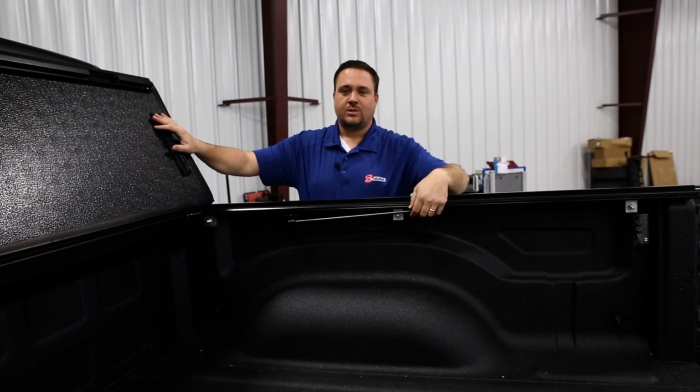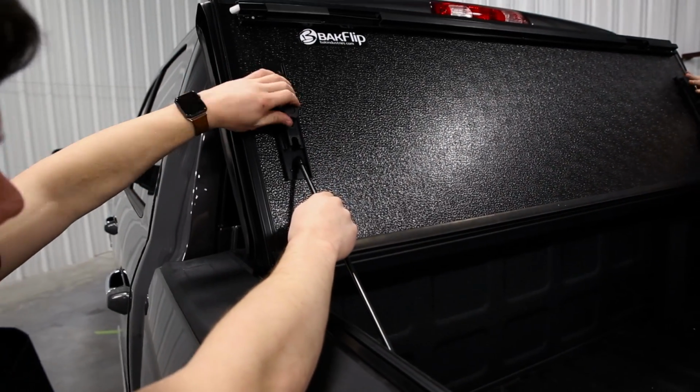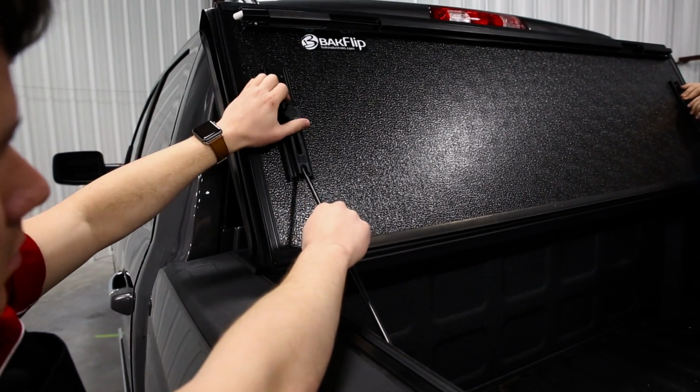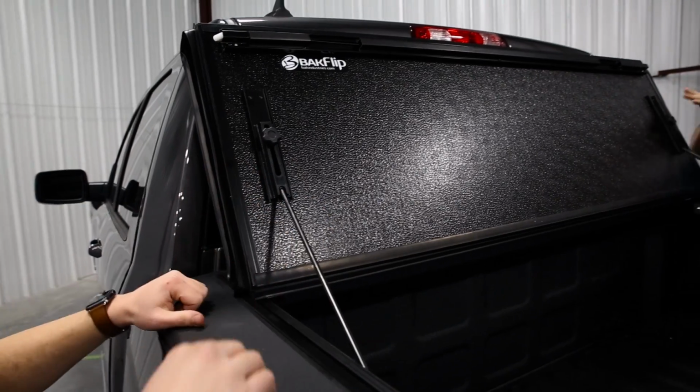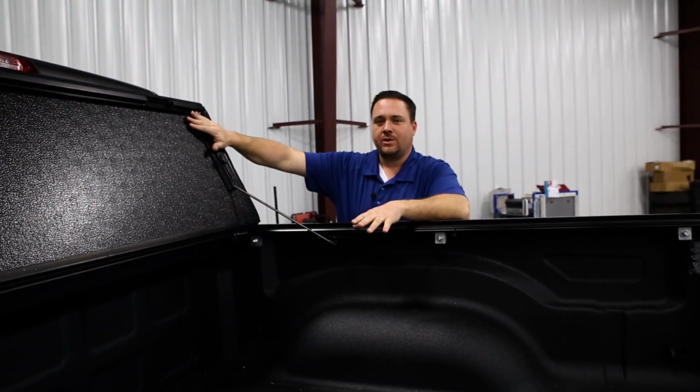Now, if you want to travel in this position here, it's very simple. You have this prop rod here that goes into the track. Just push downward on it just a bit, tighten it up. You're good to go. The nice thing about this as well, with this leaning up against the rear of your